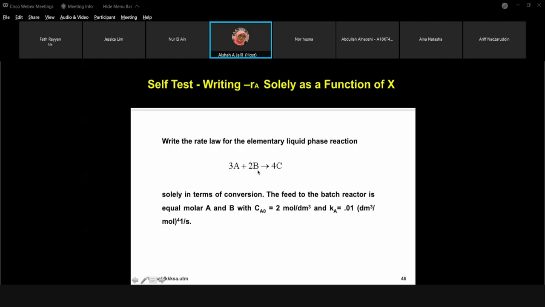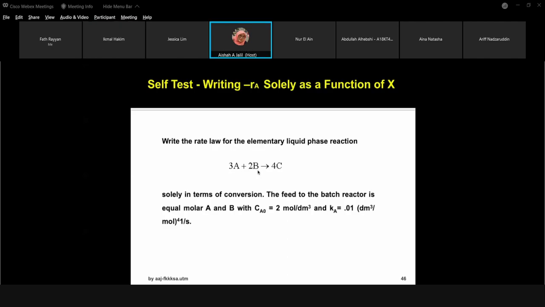So which is the limiting reactant? Arif and Andri say B. You agree? All the class, agree? No, I think it is A. I think A, Doctor. Okay, go A. Okay, let's see.